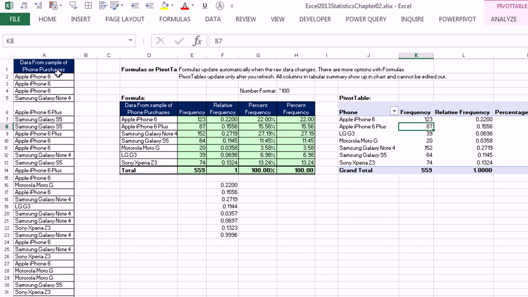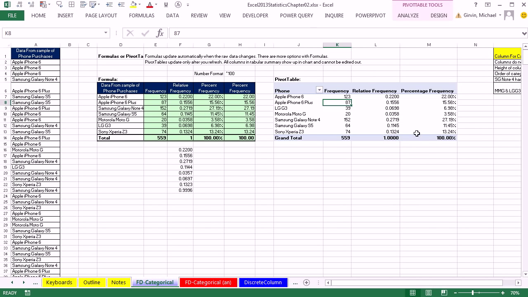Sometimes, like if you have sample data that you're dumping into your template over and over, then the formulas look pretty darn good because they're instantly updating. However, the advantage to the pivot table is that it's super easy to calculate. Another advantage to formulas that don't apply in this particular situation, there's many functions and formula possibilities that just don't exist in a pivot table. The last difference we'll see when we create our chart. All of these columns will automatically show up in any chart, whereas when we build it with formulas, we can pick and choose our columns for charts.